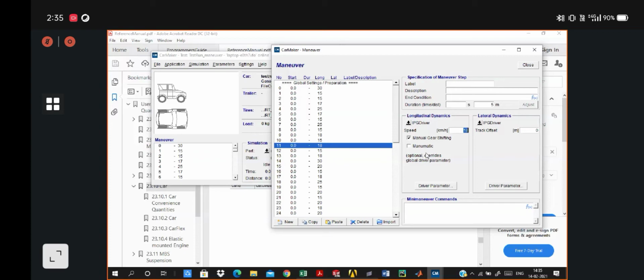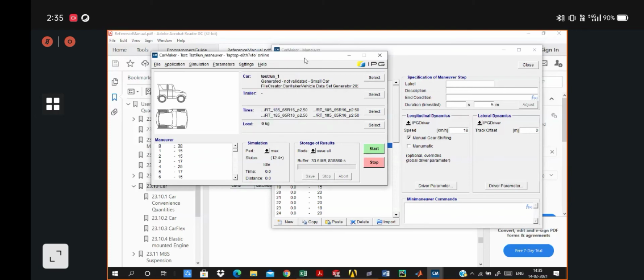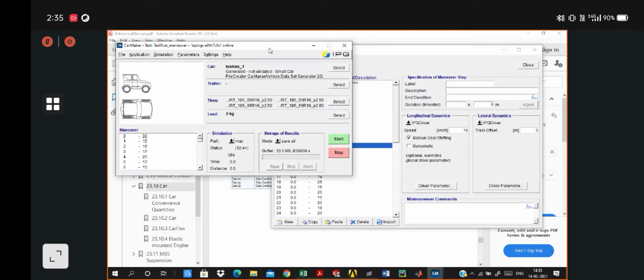So please, before you parameterize your vehicle in the vehicle data set, make sure that you abide by those rules and don't extend your vehicle parameters. Don't enhance your vehicle. Don't just put any random value in the vehicle data set to increase your vehicle performance.